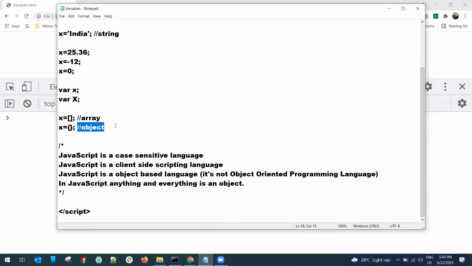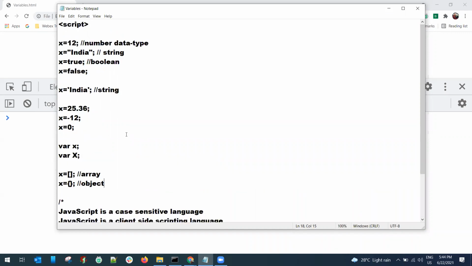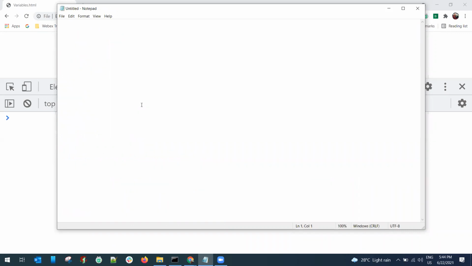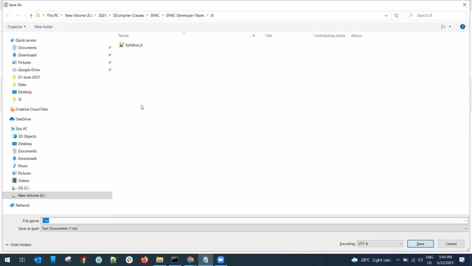What is next? Next is operators. We'll try to have a separate video for that. So I'll save this, and as I mentioned, I'll execute this and show you how. Very simple. Go to the console and do it. Save this. Control N. I want to discuss operators, 1.html.